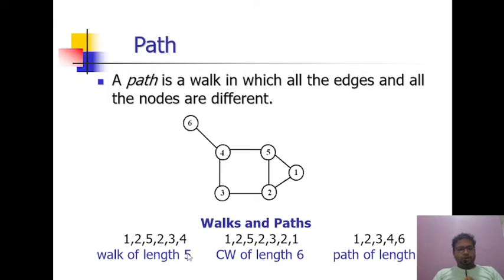Okay, the walk is, I'm starting the journey from 1 to 2, 2 to 5, 5 to 2 once again, okay, 1 to 2, 2 to 5, 5 to 2, then back from there I went to 3, 3 to 4. So this is a walk. In a walk, edges can repeat, nodes can also repeat. Okay, that is a walk. And how many nodes you are covering, that is, how many edges you are covering, the total number of edges you have covered, that is the walk length. Walk of the length. Okay,